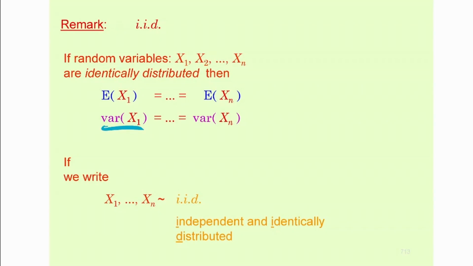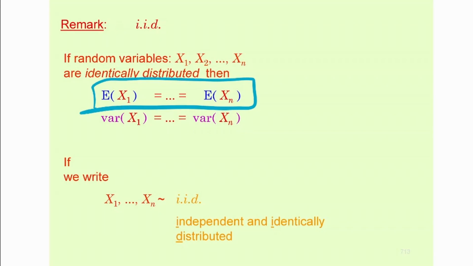They also have the same variances, respectively. So the variance of the first is going to be the variance of the second, the variance of the third, and the variance of the last. They're all equal, respectively. It doesn't necessarily mean that the expectations are equal to their variances. No. Their respective expectations are equal, and their respective variances are equal if they are i.i.d., which means they have the same distribution and they are independent. You understand the point? If this is the case, you must know their moments are equal.